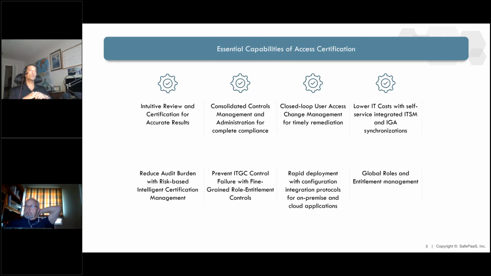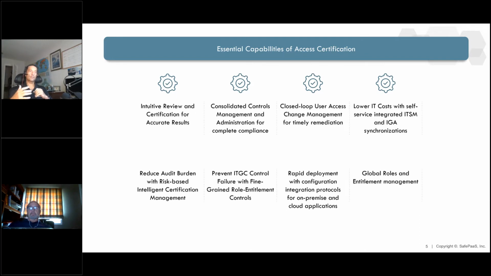Because now you can do self-service ticketing. So instead of that ticket being logged into something like ServiceNow, Jira, or Remedy, that ticket will be automatically generated. It'll get processed. You'll get an update back that, hey, it's approved, and you will move on. So now you have a closed loop system, and you're synchronizing your IAM system, right? So you're making sure that IGA and IAM are synchronized, so that when, let's say, you're using SailPoint for provisioning, right? Or you're using, I don't know, Okta for provisioning,